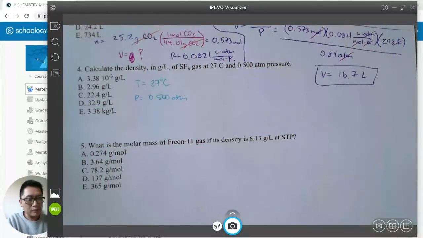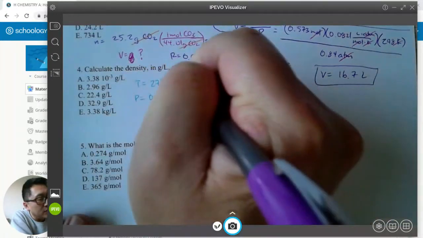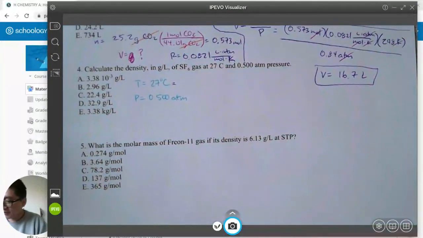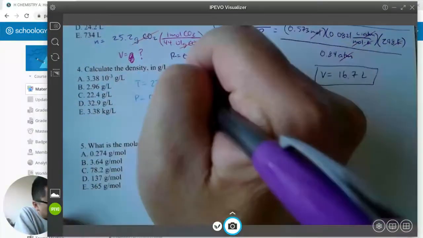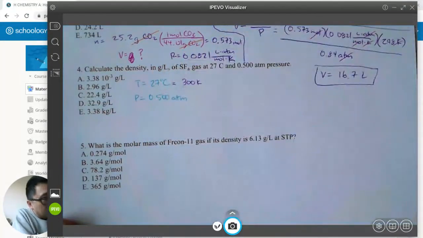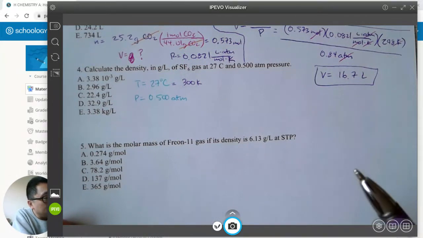Convert Celsius, I probably shouldn't use this light color blue. 27 degrees Celsius is the same as 27 plus 273, which is 300 kelvins. Okay, so I have the Kelvin temperature. I'm trying to find density. And